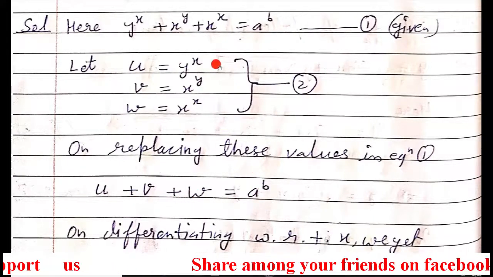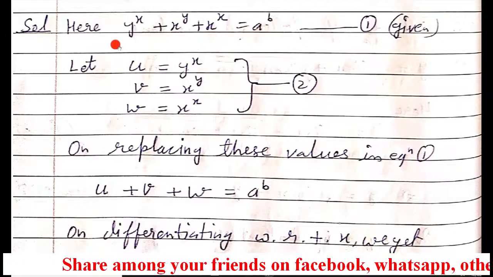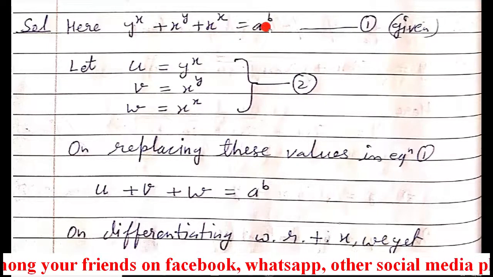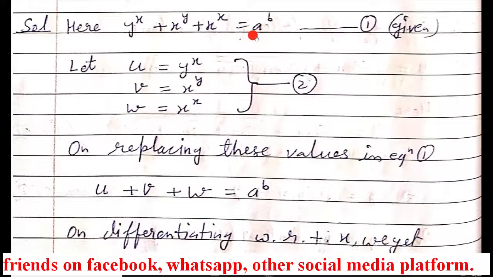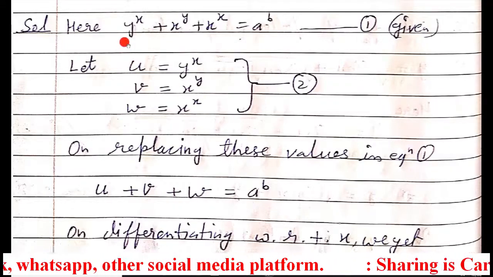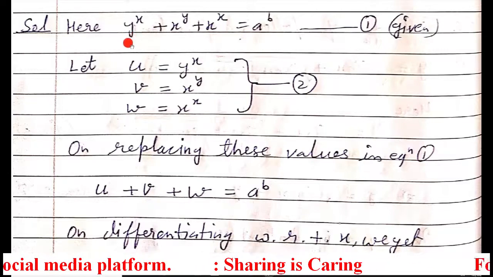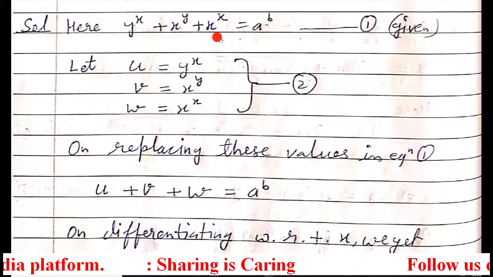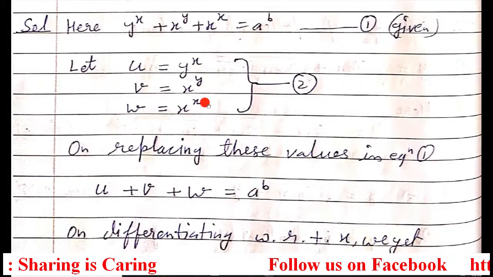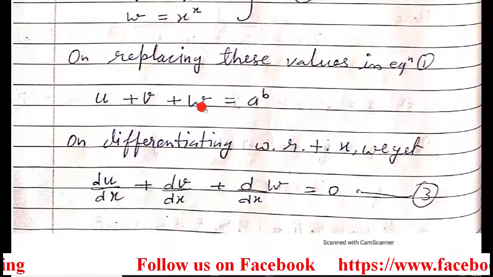So whenever you get this kind of question, it should directly strike your mind that if you have more than one implicit function in a single equation and you have to differentiate it, substitution is required, because you have to take the log, and if you take the log directly without the substitution, it is going to be very complicated. So assume them as u, v, w, and substitute here u plus v plus w. Like this we will get.